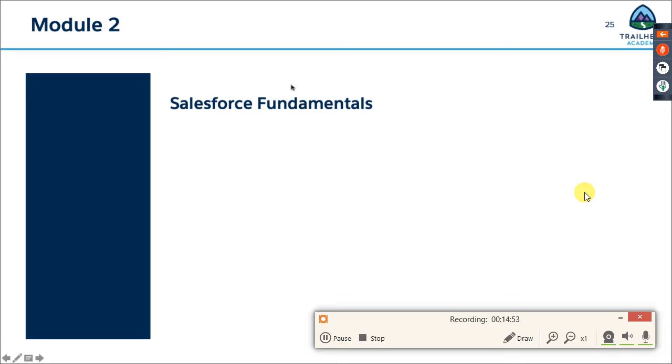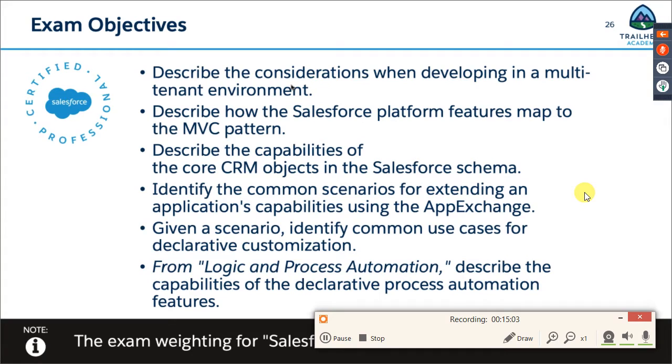which deals with the Salesforce fundamentals, the first unit you learn, which I saw on the study guide. The exam objectives for this unit include describing when a developer, describe the considerations when developing in a multi-tenant environment, talking about the model view controller, what goes into a model, what goes into a view, what goes into a controller, which type of elements, either clicking or coding, goes into each of